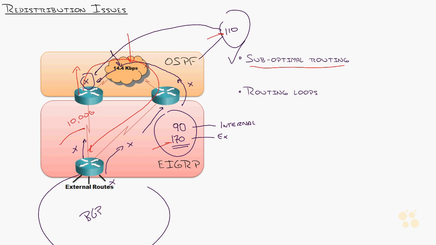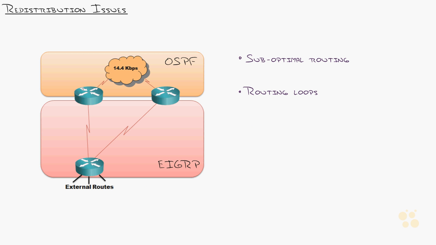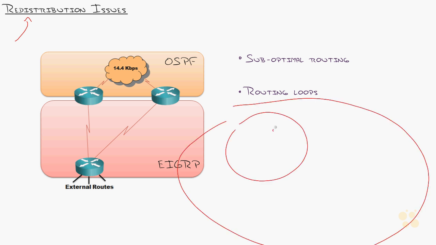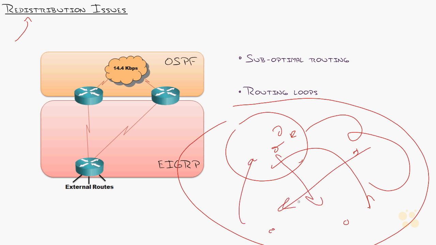Now, can you fix it? Totally. I mean, you can fix any redistribution issue. Matter of fact, oh my goodness, if you want to know how do I get a CCNA or you already have one, right? I mean, CCIE master redistribution. That is what a lot of the CCIE lab is. You get this big old map, and you got all these routers, and they just have you confuse yourself in the CCIE by redistributing from RIP to BGP to OSPF to EIGRP and back into RIP, and then redistribute this way and that way and every which way.